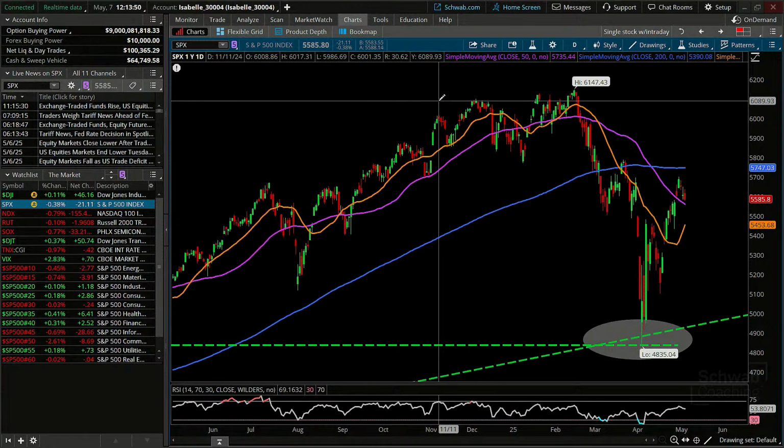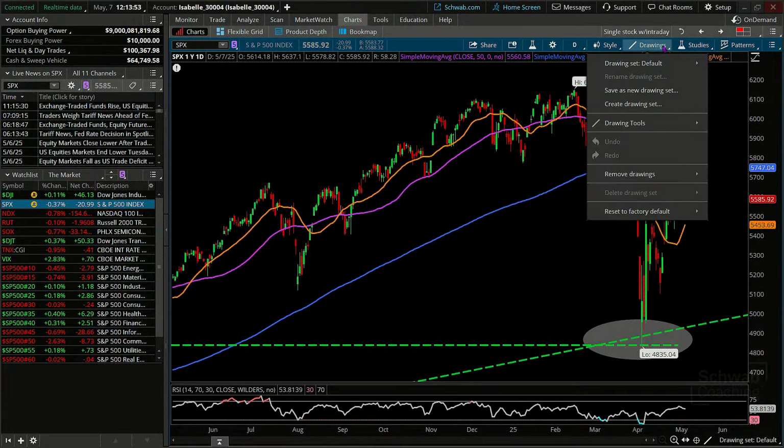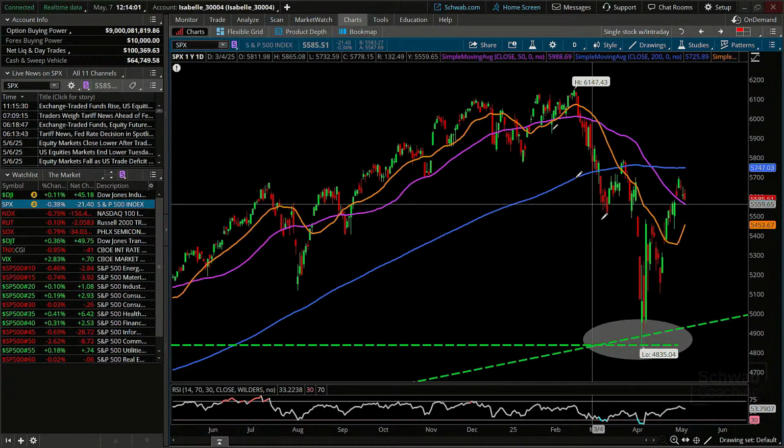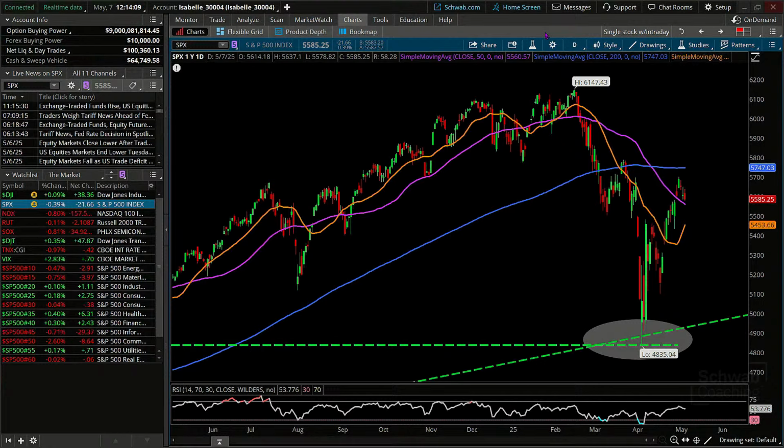The first thing we're going to talk about is the use of the drawings and drawing set. Now, many of you are familiar with placing your lines, drawing your details, etc. But some of you don't want those details carried from one chart to the next. And a way that you can do that is to basically create or save a drawing set so that everything you do is tied to that single chart, but no other charts. Okay, that sounds a little bit confusing, but let me show you what I mean.